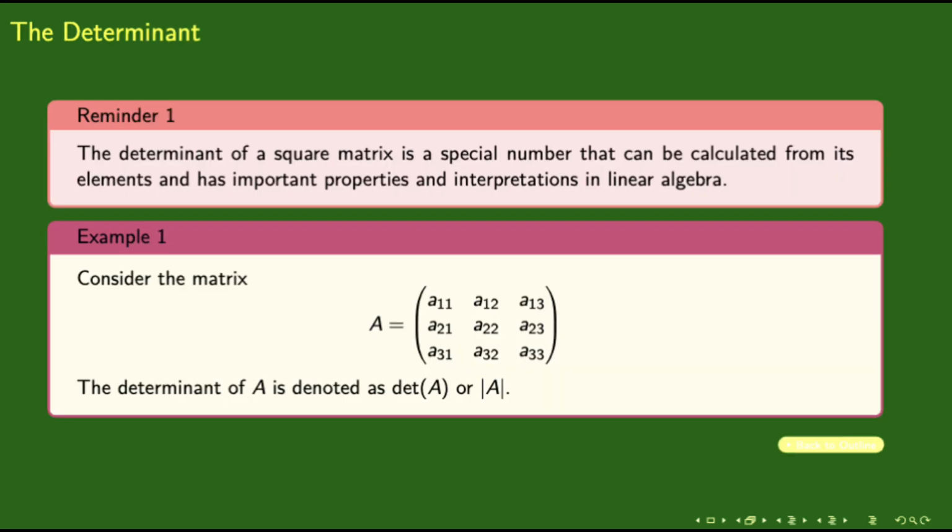The determinant is a fundamental component in linear algebra. It is a special number associated with a square matrix and can be calculated from its elements. The matrix itself is usually denoted by a capital letter, like A. The determinant of a matrix A is typically represented as det(A), or with two vertical bars surrounding the matrix, written as |A|. This notation underscores the distinct and crucial role the determinant plays in the study of linear transformations and